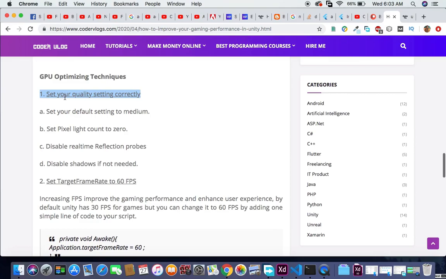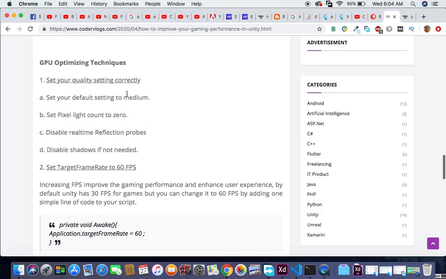So you need to set up your quality setting correctly. If you are making a game for mobile, these settings are recommended, and if you are making a game for a PC, Xbox and PlayStation, then you can use high quality setting. But for mobile app development, mobile app games, these settings are highly recommended and highly used. You must use it. So first of all, you need to set your default setting to medium, and then you